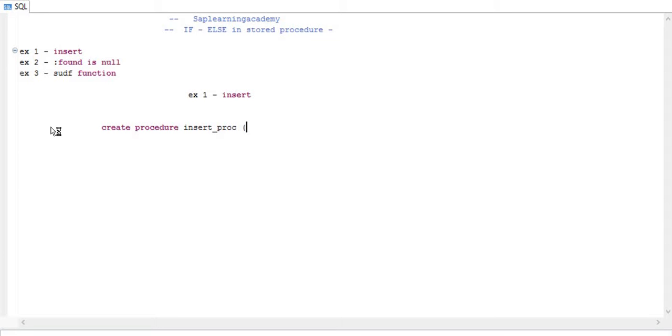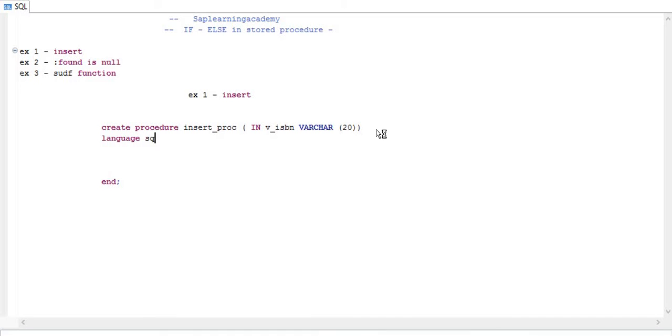Then you have to provide the input variable and input output variable here, but at this moment I will only declare the input variable. And then you need to define its type, what kind of input variable this is. So suppose it is varchar, and then you have to define the language.